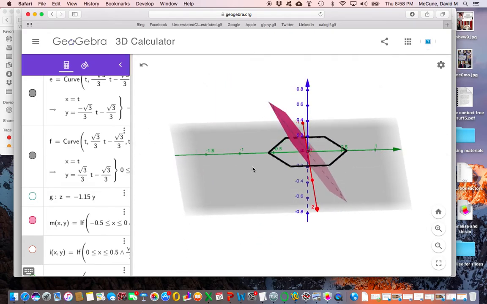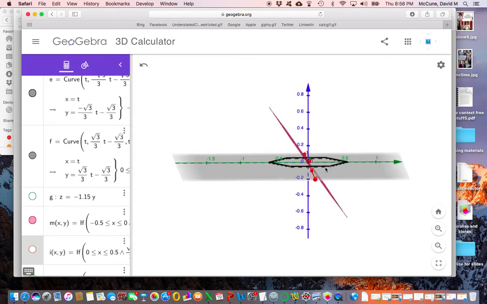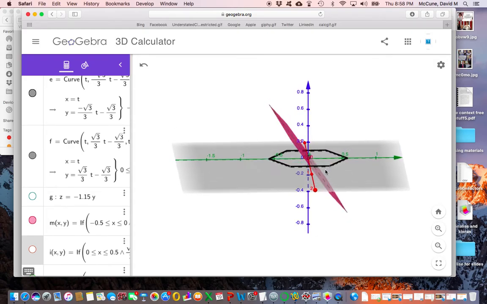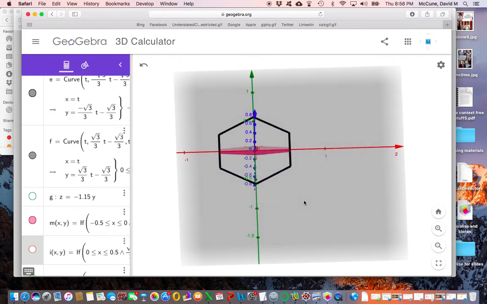Okay, so if I were to integrate this plane here over just this hexagon, I take the volume above and subtract the volume below. And notice it's symmetric. The volume above is the same as the volume below. And why would that be? Why would it be symmetric? Well, because as we've already discussed,